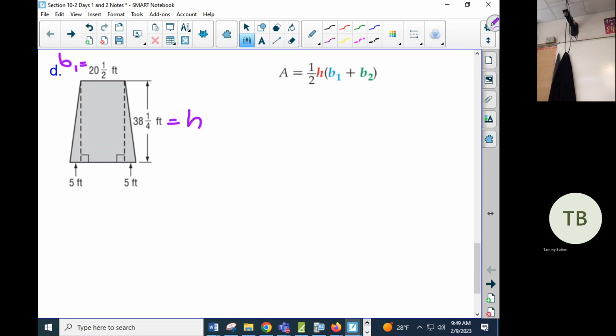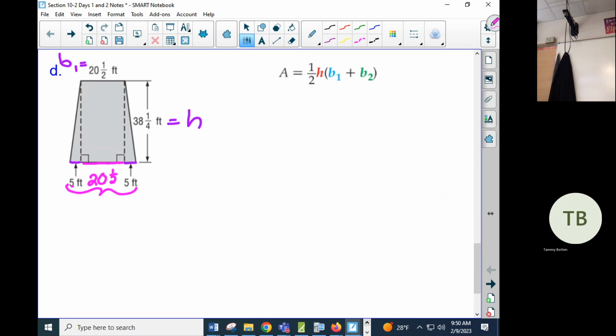This is my height. And notice this little distance right here is 5. This little distance is 5. Could I find this distance? What do you think this distance would be? Wouldn't it be what that is, right? 20.5, okay? All right, so if you found this whole distance, it would be 5 plus 20.5 plus 5, which